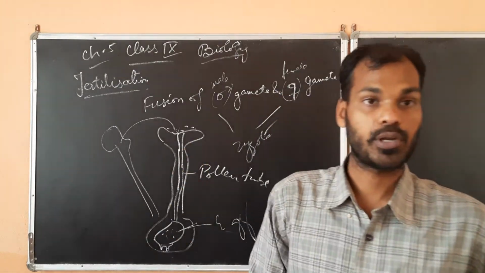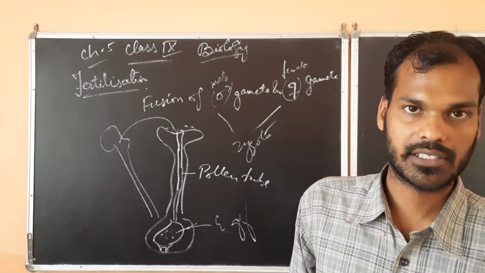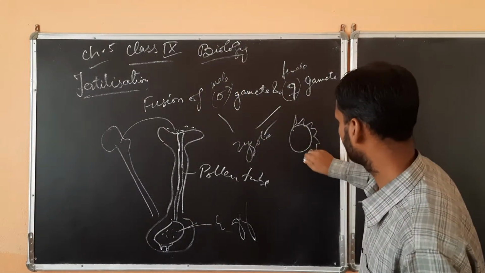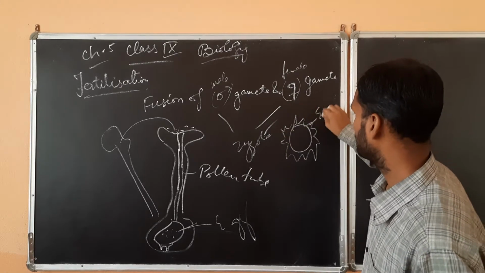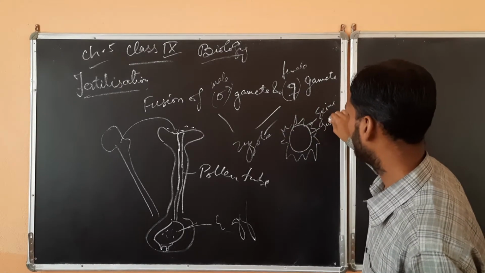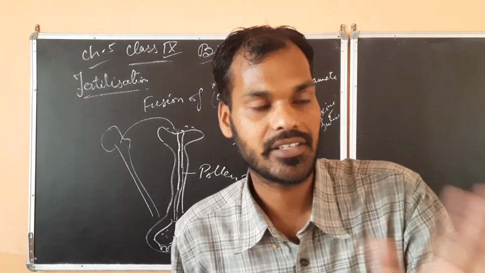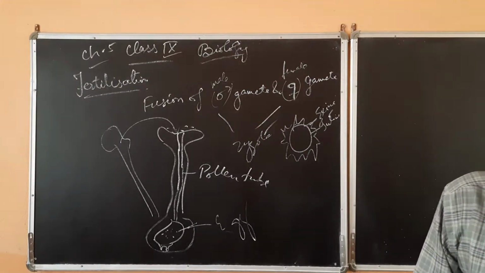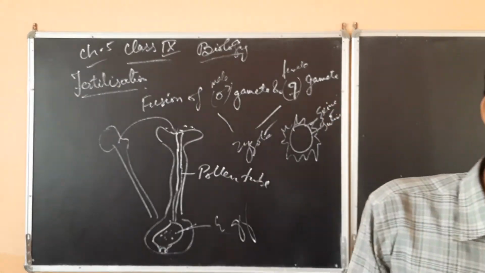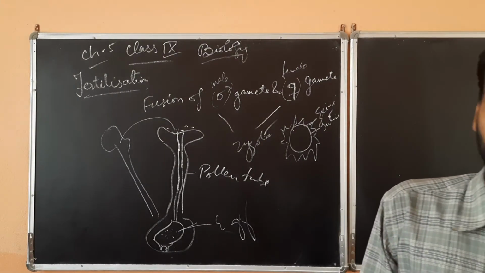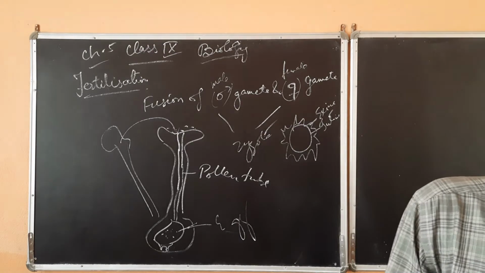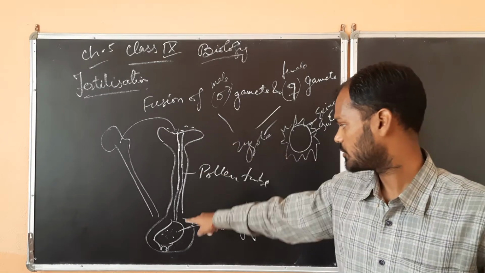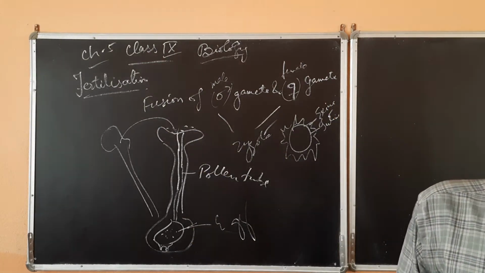After reaching the stigma, the pollen grains absorb moisture and swell. You have two layers of the pollen grain: the first layer is the exine and the inner layer is the intine. When it absorbs water, the outer layer, the exine, ruptures and the pollen grain grows out to form a pollen tube. Now the pollen tube carries the male contents from the stigma through the style to reach the ovary.